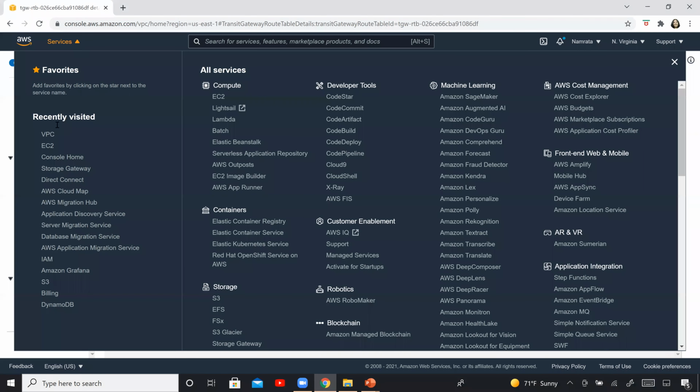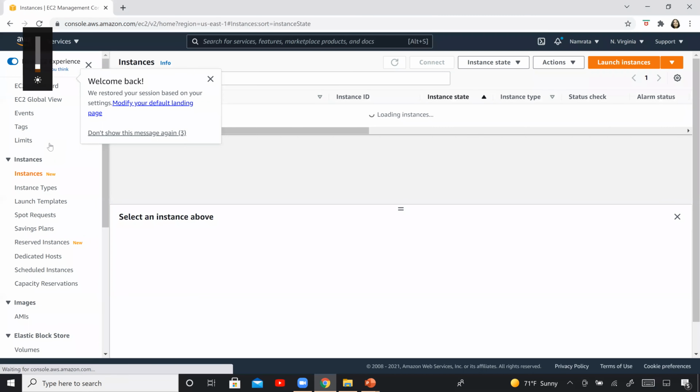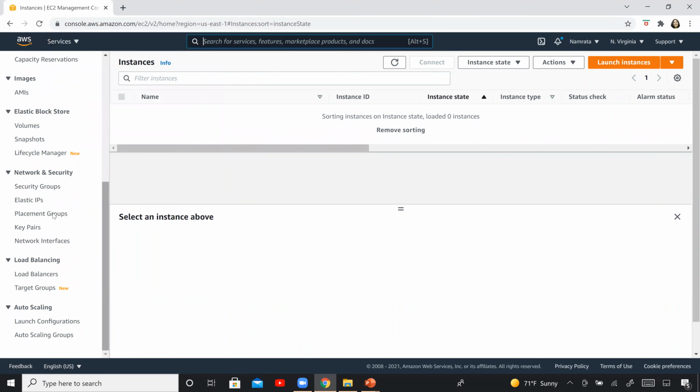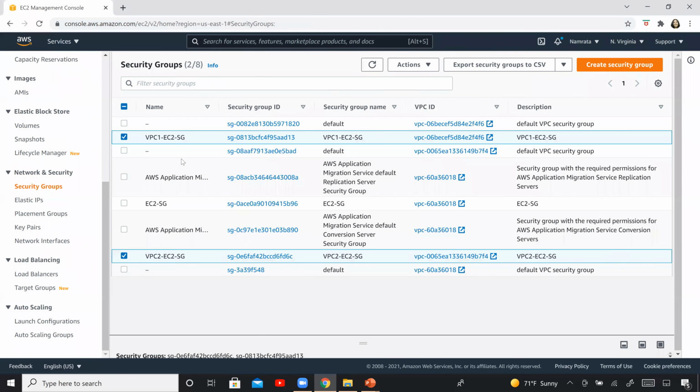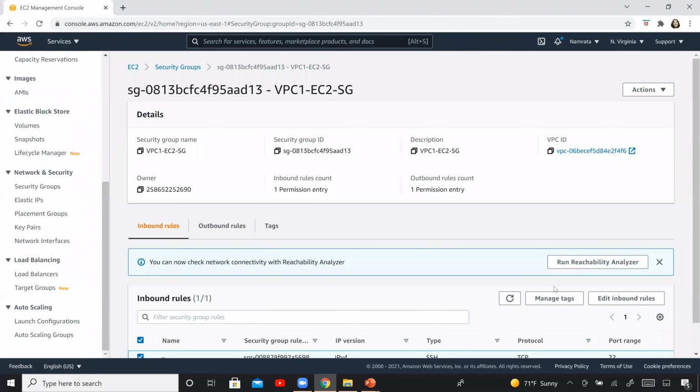So services, go to EC2. Go to security groups. And that's our security group right there. So this is the security group for VPC1. Select the security group. Edit inbound rules.